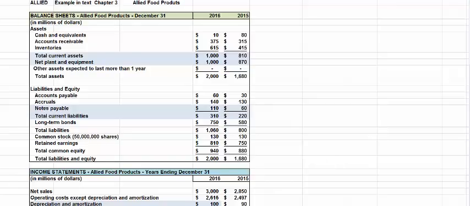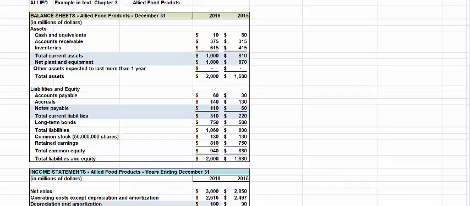From some questions I'm getting and quiz results, it still appears Chapter 3 is a challenge, and I suspect free cash flow is the main problem. So I want to walk through the free cash flow example from Chapter 3 for Allied Foods in detail as to where the numbers come from and why. These numbers are taken directly from the Allied Foods example in Chapter 3.